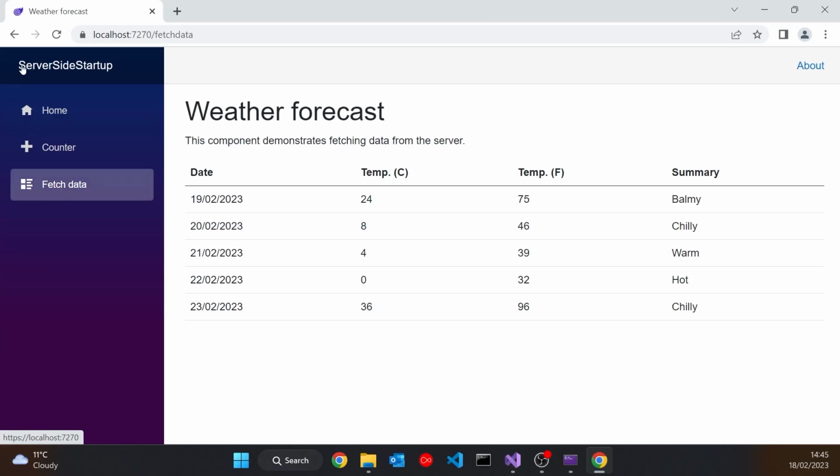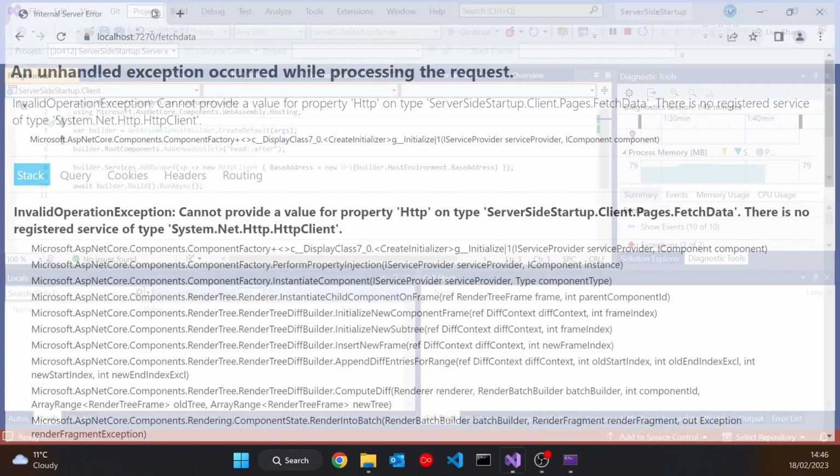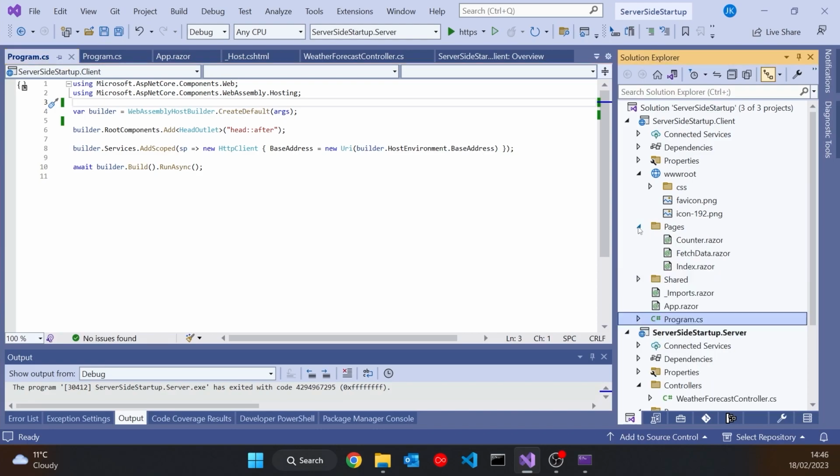But the problem is if I refresh this, now what it's going to do is go back to the server, try and get the server to generate this page server-side and give it us back. And if we do that, we get this horrible error. And the reason is, you can make it out basically from what's happening in there, is that we haven't configured dependency injection. Because if you look at how that client-side page works, so here we are in the client project,